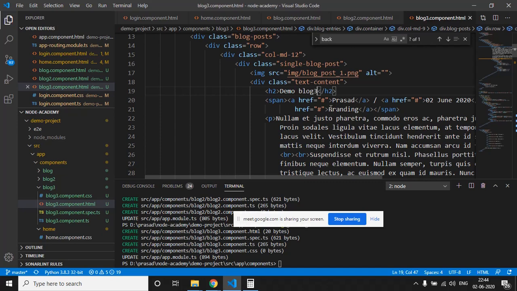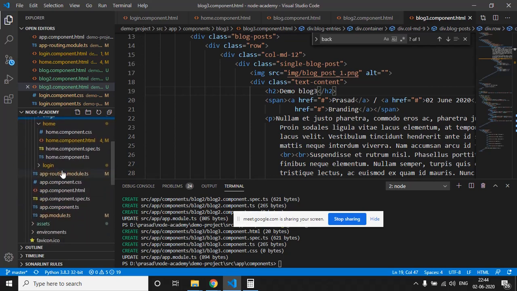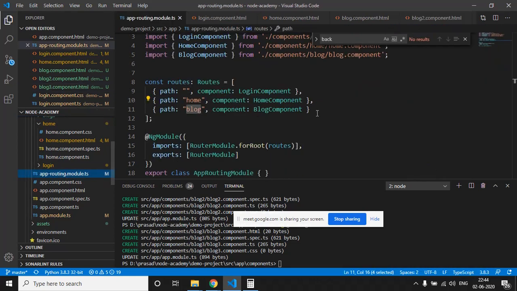Great. Just save it. Now we have to add routing for these components as well. So just go to the app-routing.module.ts, and we have to add routes for those two components as well.